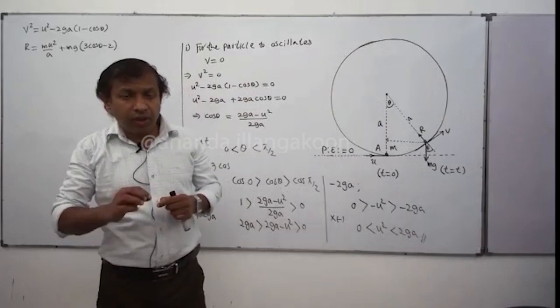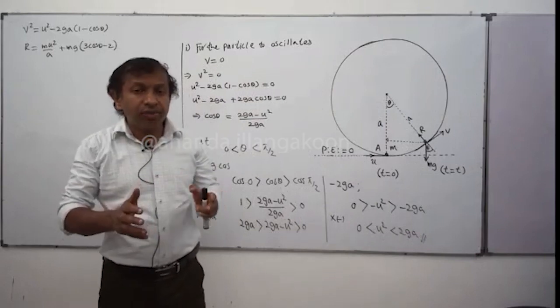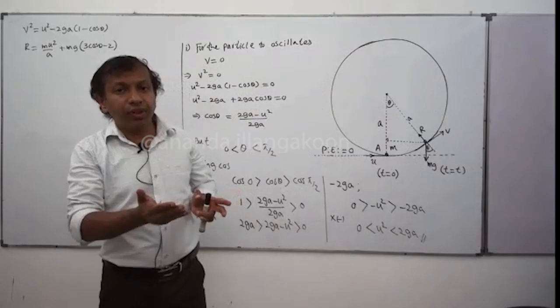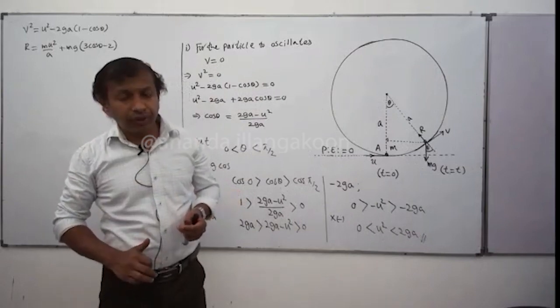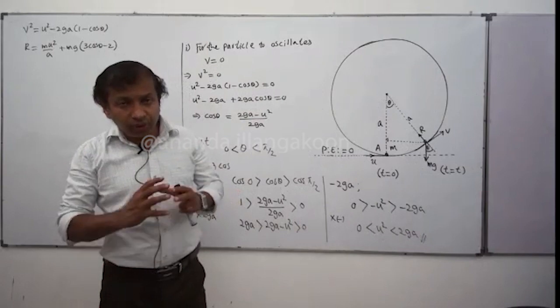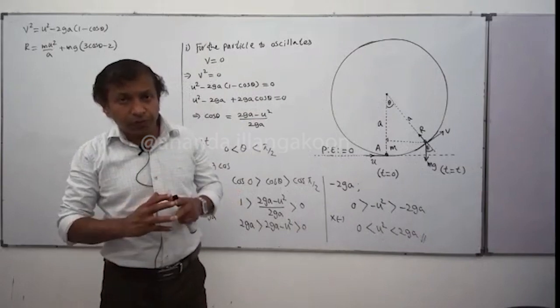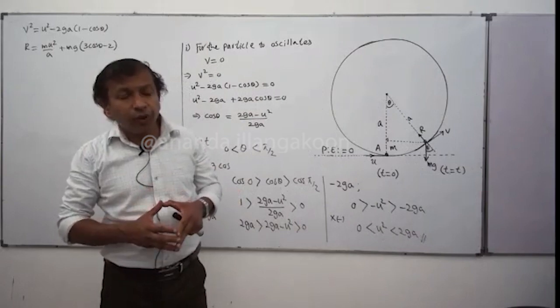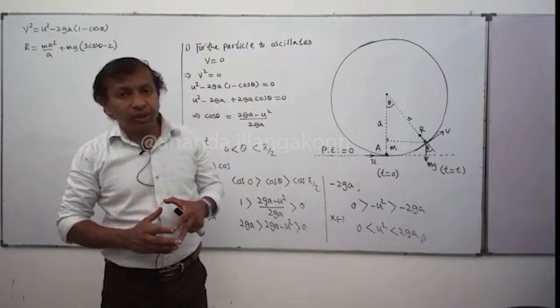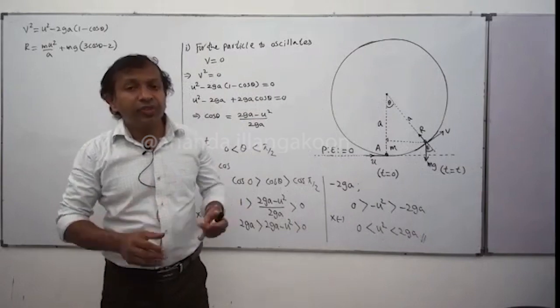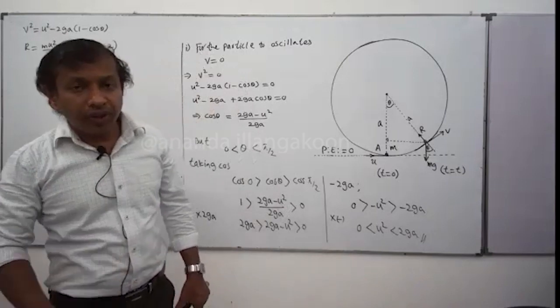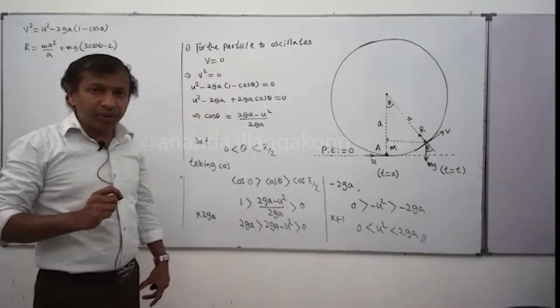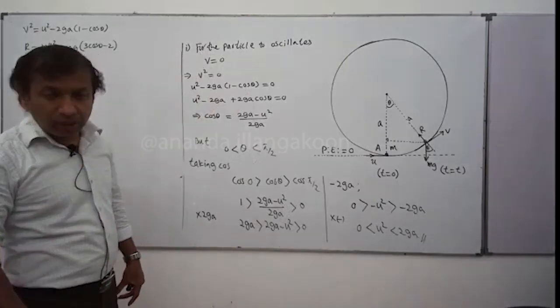Soon after R becomes 0, the particle separates from the surface. On that occasion we define R as negative. Understand? At the moment the contact is lost between the particle and the surface, R equals 0. Soon after the contact is lost, we define R, the normal reaction, as negative. Therefore, at the initial moment the contact is lost,